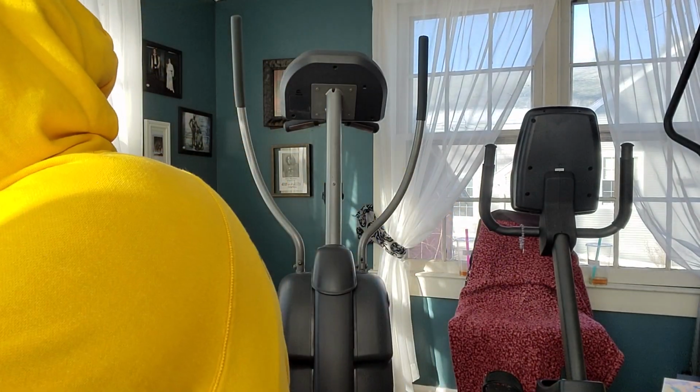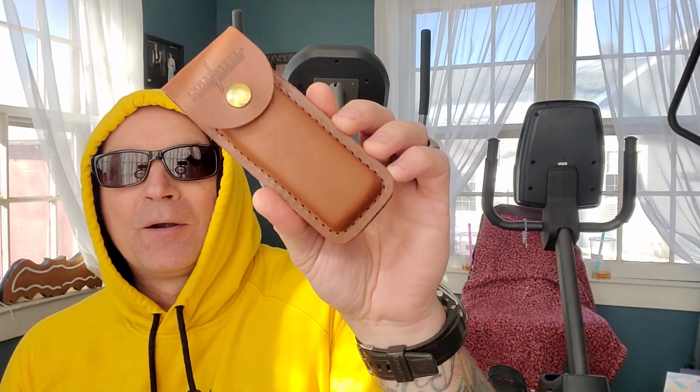We got a blade length of 4 inches, overall length of 9¼ inches. We got SK5 steel. I do like that. I've had good experiences with that with them. Weight is 5.2 ounces. It is 3.5 millimeters thick in the blade. The handle is 5¼ inches, and it's a fake bone. It's not a real bone, but what is real is